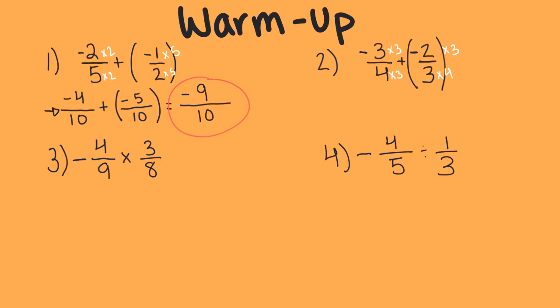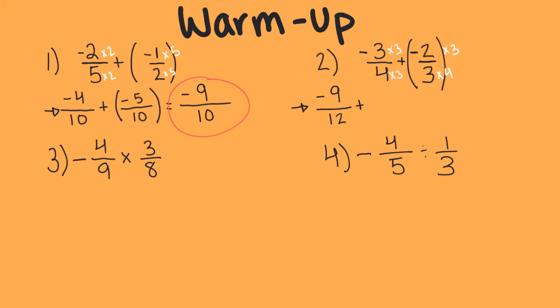All right, let's go ahead and set up our equation again like we did in number 1. I have negative 3 times 3. A negative times a positive is going to give me a negative value. So negative 3 times 3 is going to give me negative 9 over 4 times 3, which is 12, plus